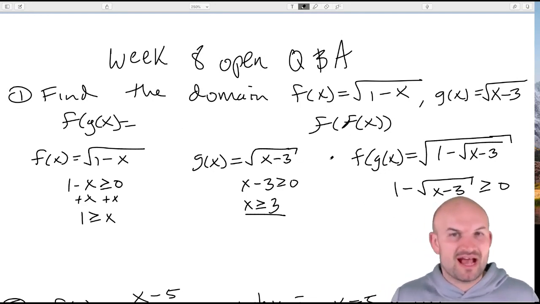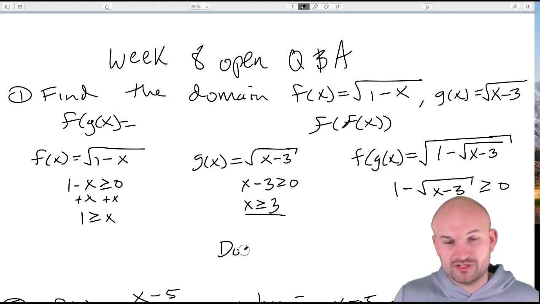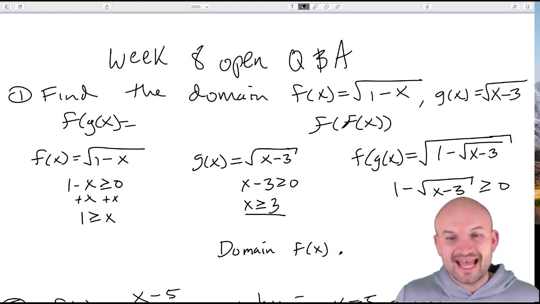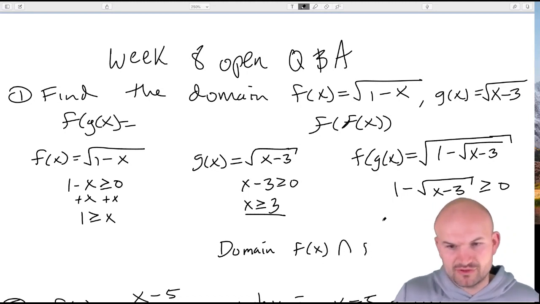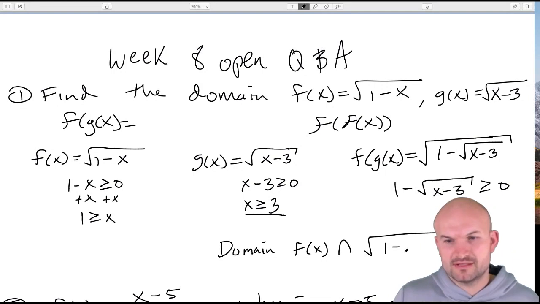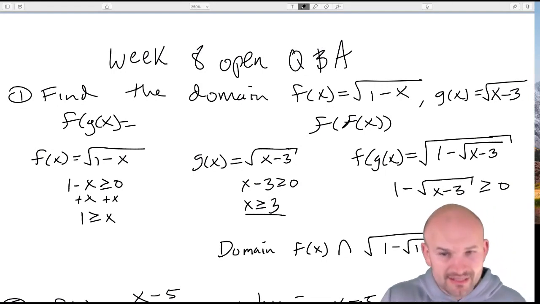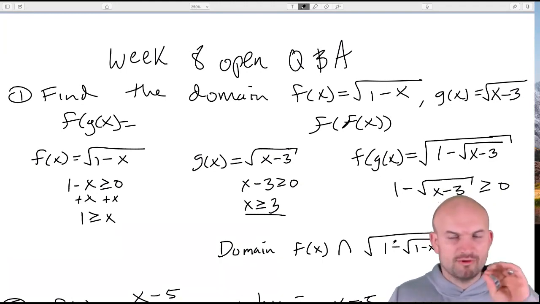And that's the same thing for f of x. So what you're going to want to do is find the domain of f of x and the domain of when you plug in f of x, which would look like this. So f of x would be 1 minus the square root of 1 minus x. So again, all you would set up in this case would be 1 minus the square